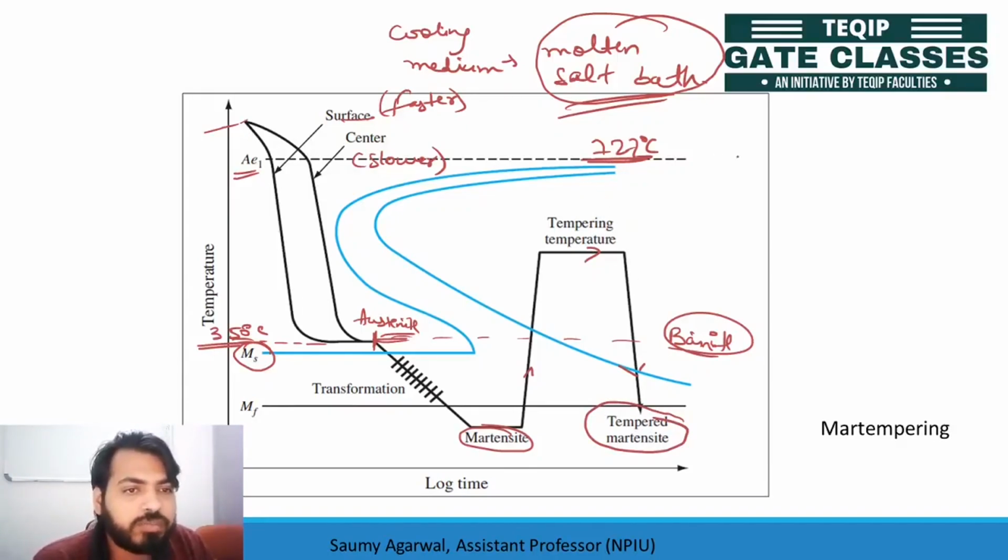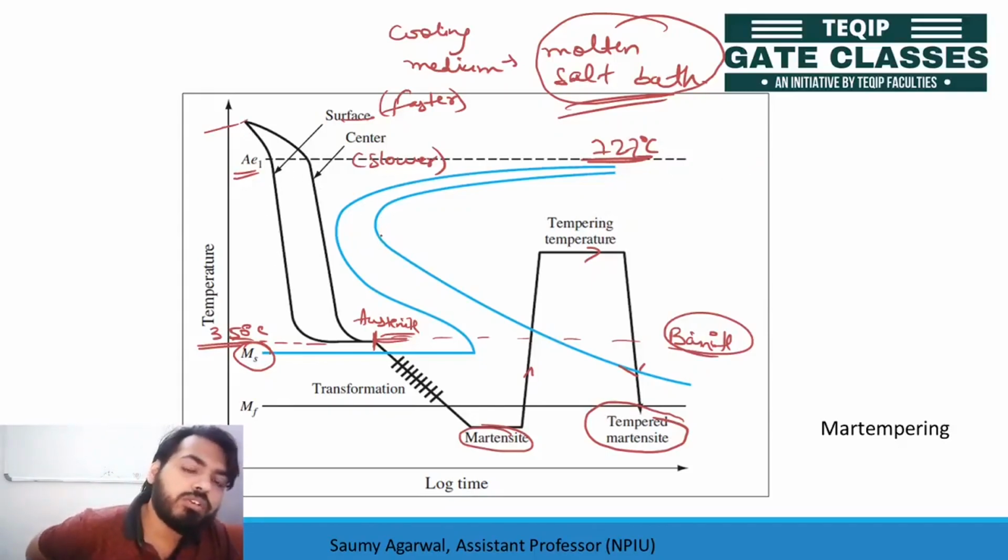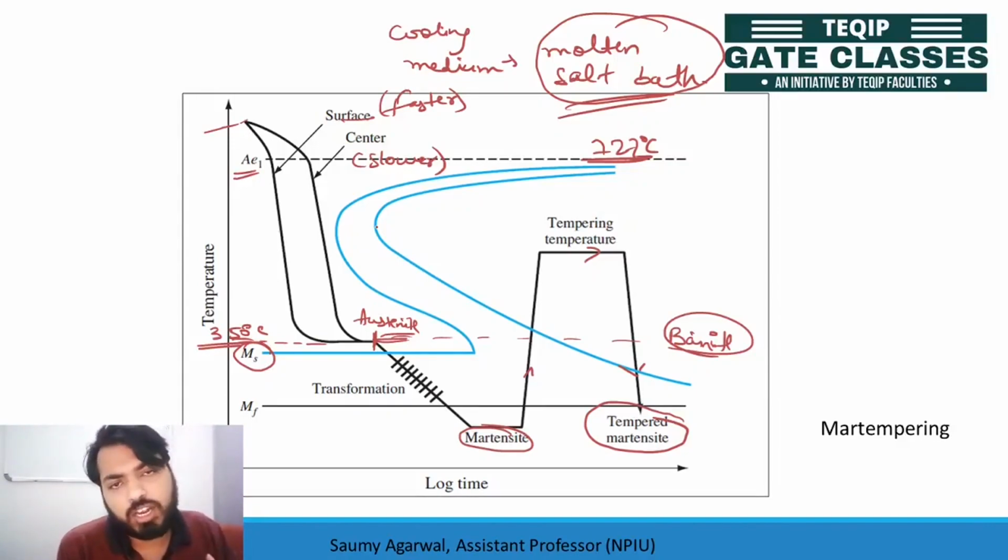In this mar tempering, we do this because we want the temperature of the core and the surface to be equal, so that you get fewer cracks and less distortion. The strength from mar tempering will be more than what you get from aus tempering, because tempered martensite has good hardness and good strength compared to the bainitic kind of structure. So this is mar tempering and aus tempering.